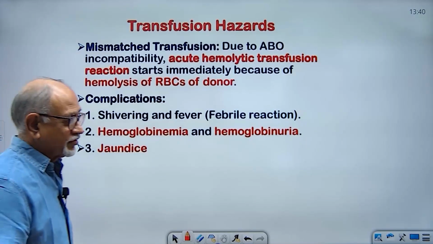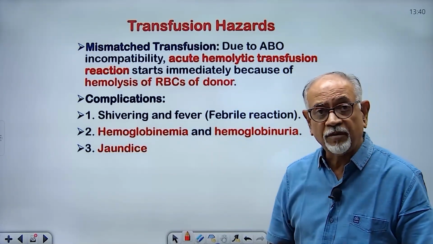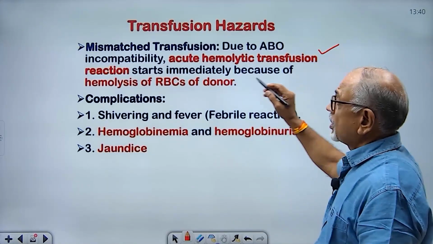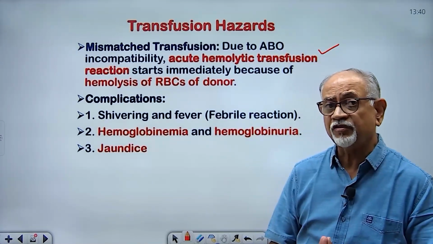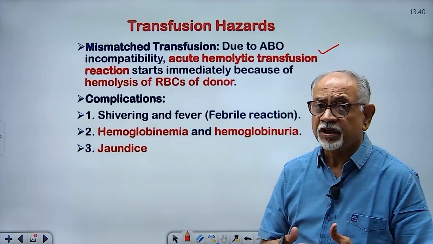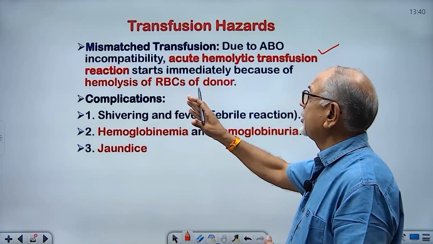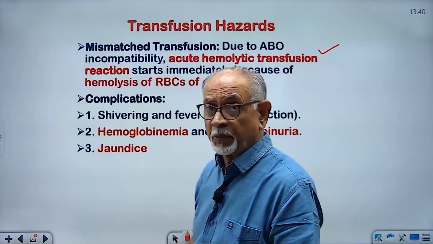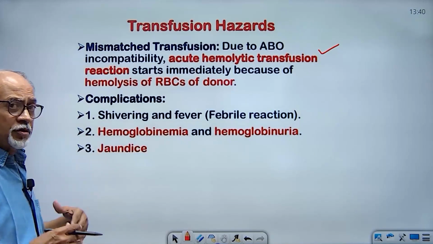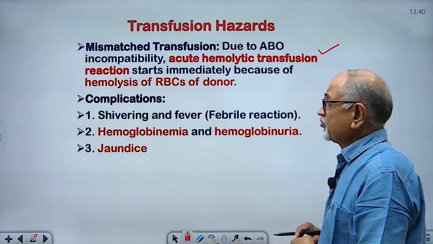Now, transfusion hazards. If there is a mismatched transfusion due to ABO incompatibility, then an acute hemolytic transfusion reaction starts. That means the blood cells of the donor are hemolyzed in the recipient. It starts immediately because of the hemolysis of donor cells. Then complications: shivering occurs, fever comes, then